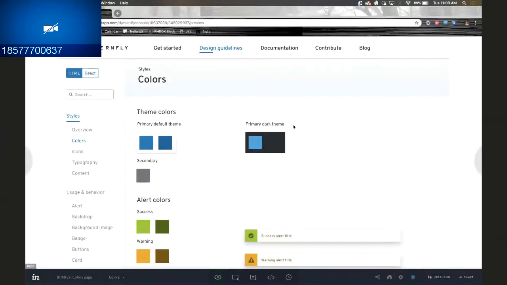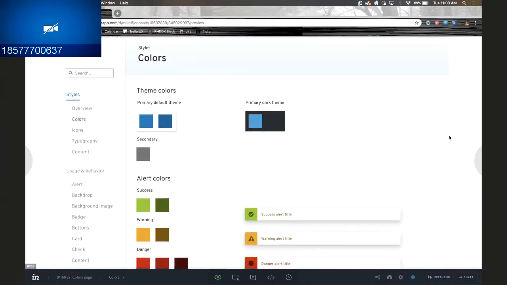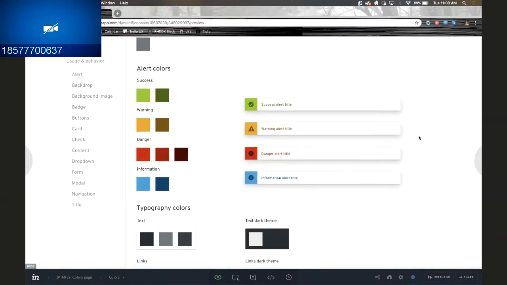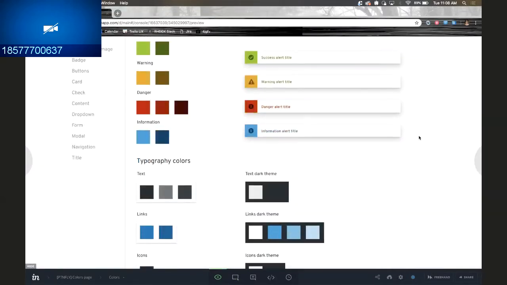So I've been working on some of the styles pages for the new PatternFly site, and one of them is colors. It's kind of a work in progress, and I wanted to first be able to group all the colors so that they were easily categorized. By doing that, I split them into theme colors. I'm still working on the best way of showing default theme versus dark theme, because I needed to show a background on it and it looks weird if I didn't do so with the default theme. But then as we continue, it's alert colors and then typography colors